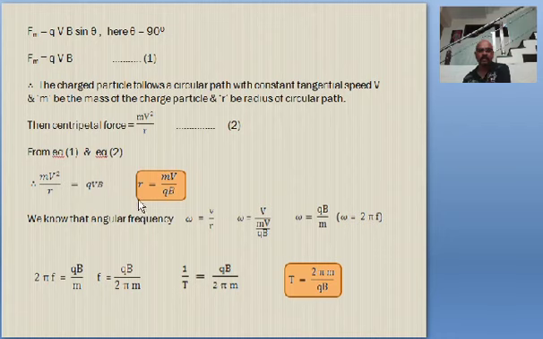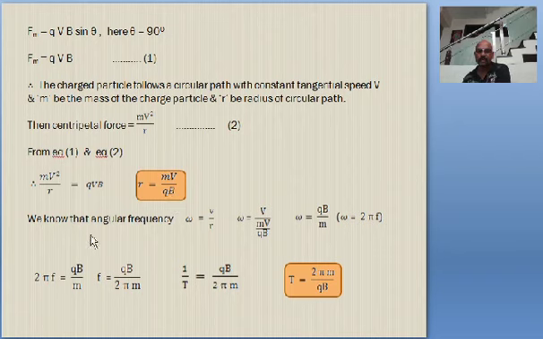So if you equate that, you will get the equation for the radius of the particle which is describing the circle. Radius of the charged particle in a circular path, r is equal to mv divided by qB. mv represents the momentum of the particle. So r is equal to p by qB. P represents the momentum, mass into velocity, q is the charge, B is the magnetic field.